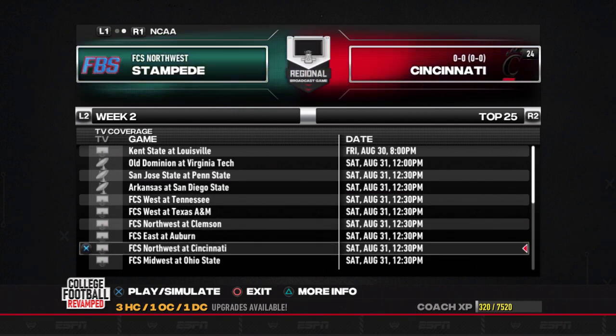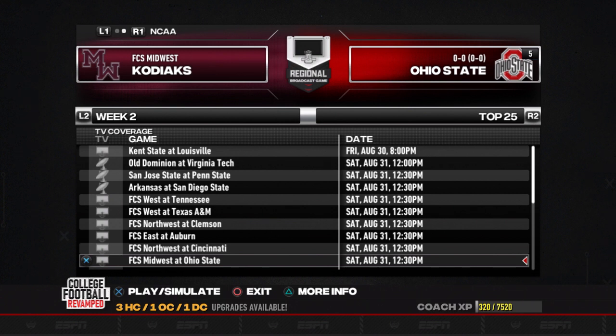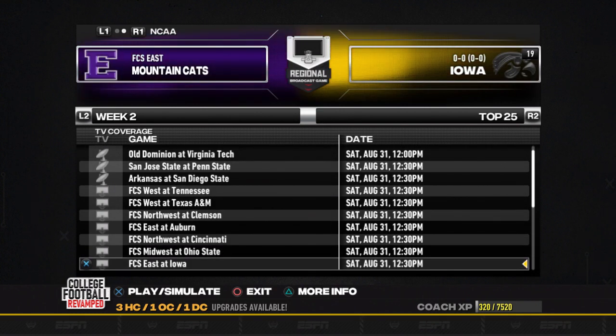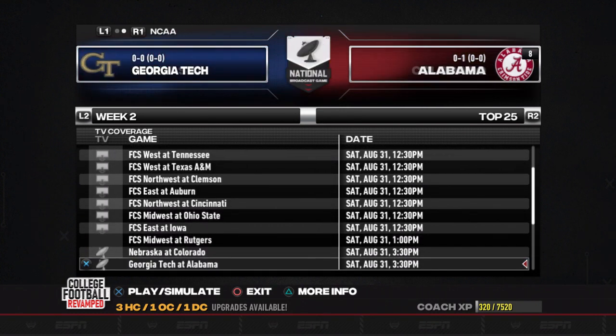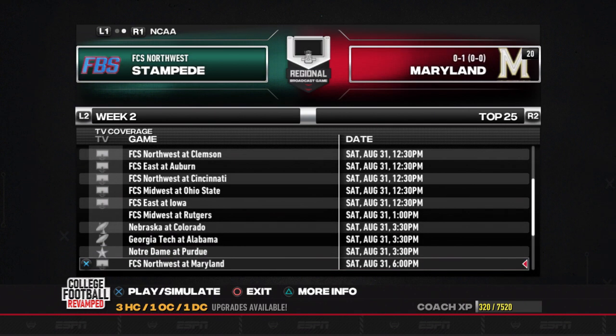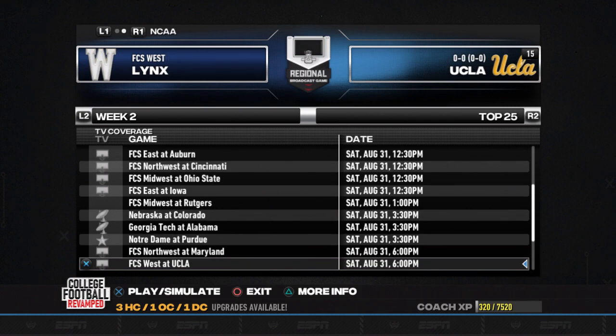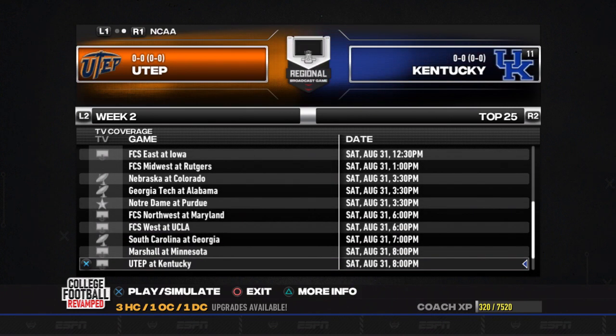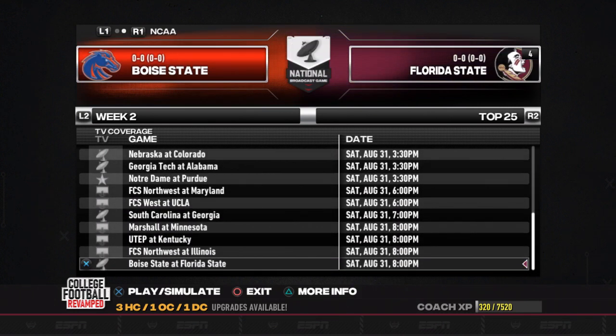And then we will go to the cupcake Ohio State game, play that game, watch the submitted quarterback. Then we will watch the Georgia Tech Alabama game. I'll probably go two games, take a break, two games, take a break, and then play the last one. Florida State, Boise State, like I said, that'll probably be the last game we play of the night. And I may or may not get on here and do live commentary.